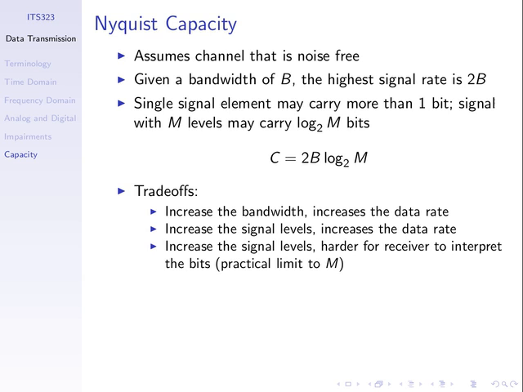The more levels we have, the higher the data rate we achieve with the same bandwidth. If I have a communications channel with a fixed bandwidth, I cannot change that. One way to increase the data rate, increase C, is to increase M: choose a scheme that maps our bits to multiple levels, increasing the number of levels. But as we pointed out yesterday, yesterday we said